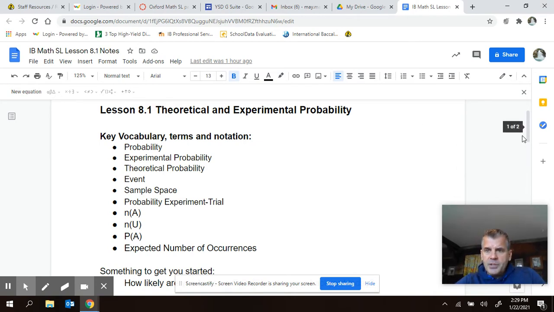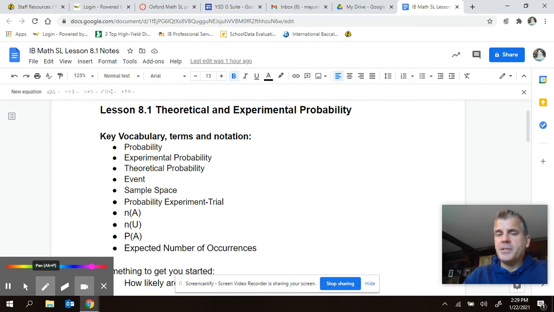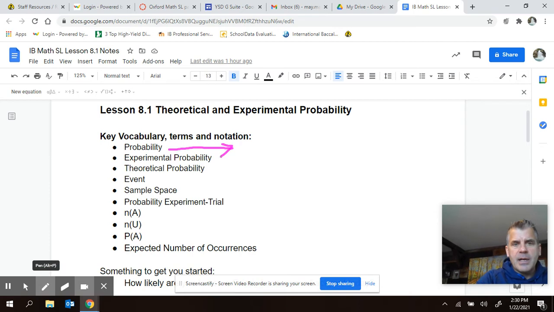So let's just get right in and define probability right off the get-go here. The best definition is determining how likely something is to happen. So probability takes on those ideas of chance. What are the chances this is going to take place? What percent of something would you expect to happen? And so we'll just do a quick definition, and I'm going to take it out to the side here because I can't write that small in that area.